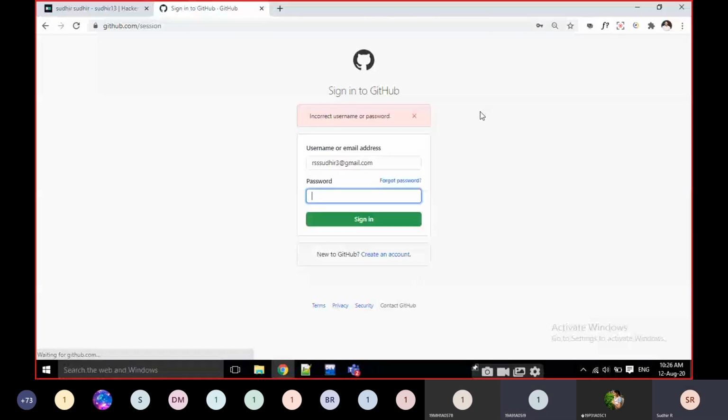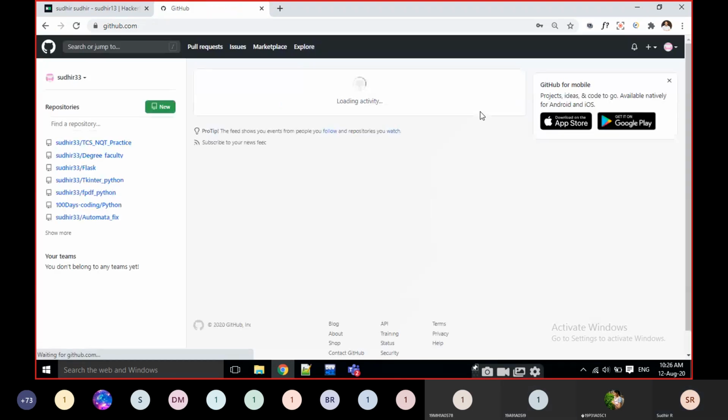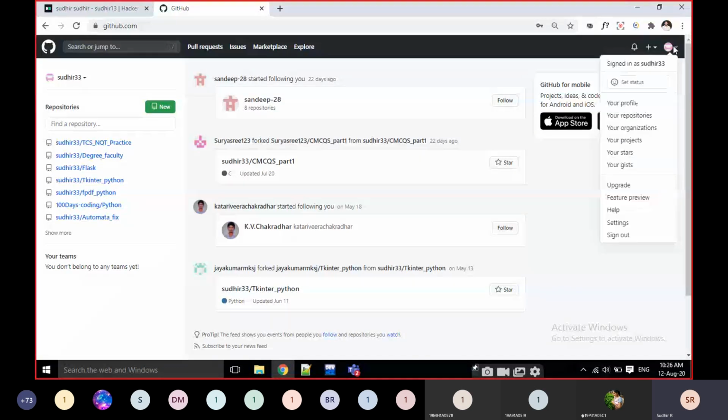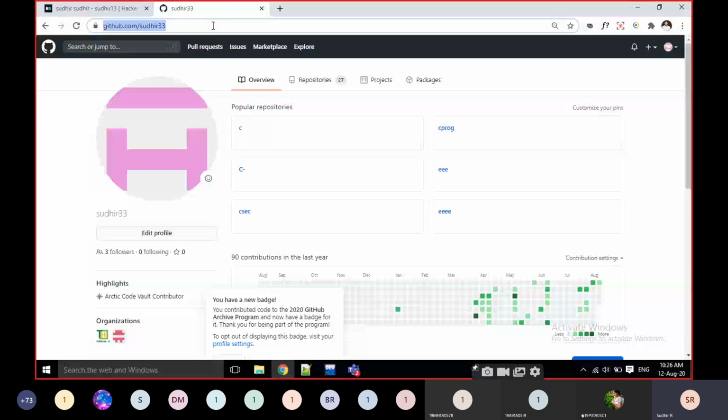The password. Okay, here also you have to share the link. If you click on this and view profile, this is my GitHub account.